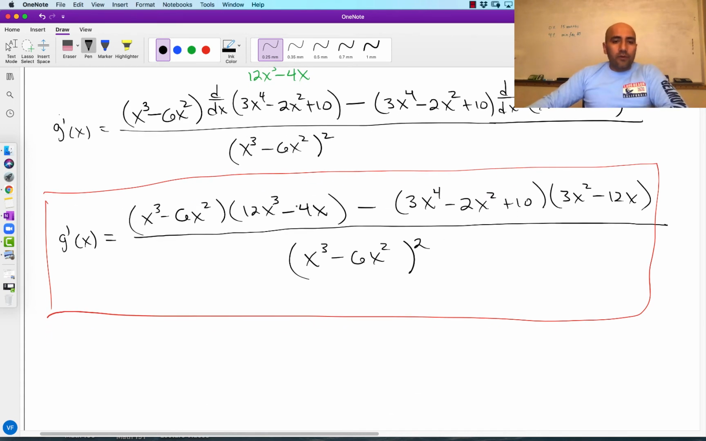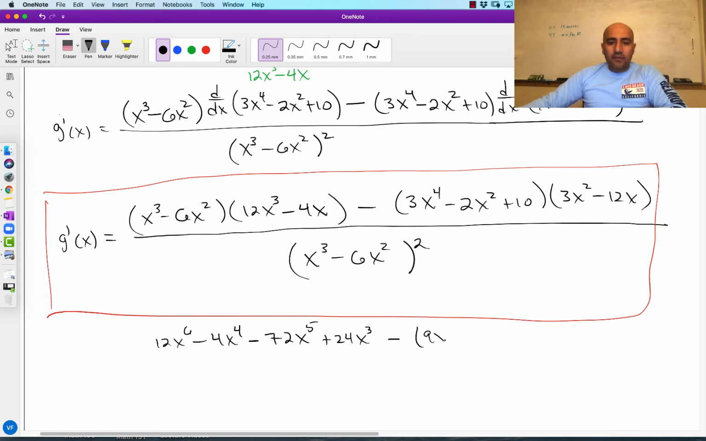Okay, so if we kept going, I'm going to have to FOIL this out here. This one would be 12x to the 6th power minus 4x to the 4th power minus 72x to the 5th power plus 24x to the 3rd power minus, and now just to be careful, this minus is going to apply to the whole thing, so I'll put parentheses there. And this will be